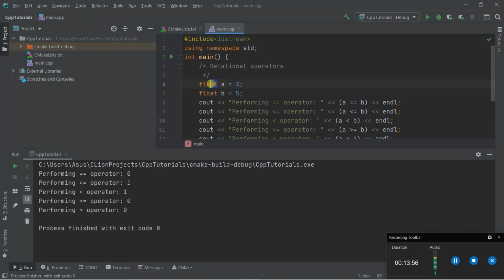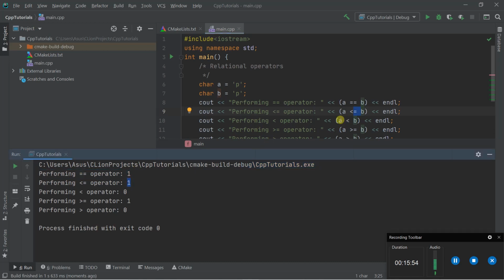And you can also use character. Okay, so I have given the value p to both variables, so let's check the output. p is equal to p, which is true, so the output is 1. And p is less than or equal to p, so one condition is true, which is that p is equal to p, so the output is 1.